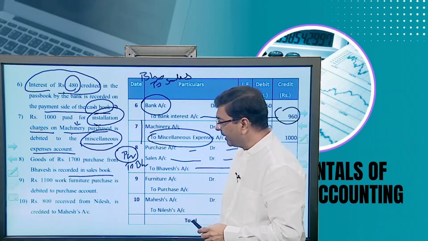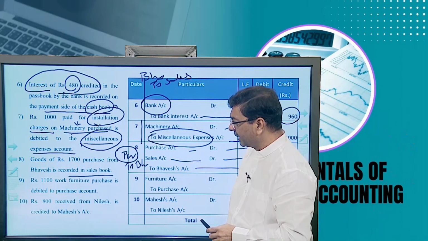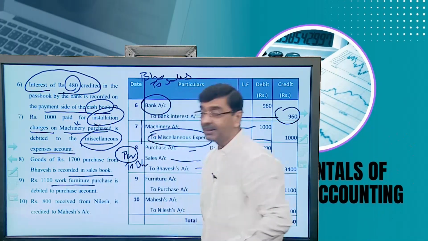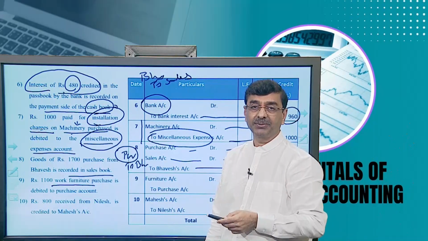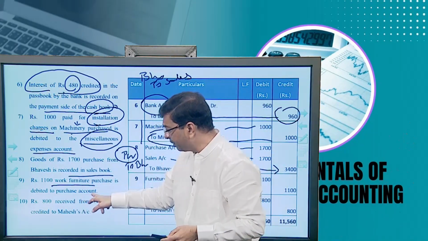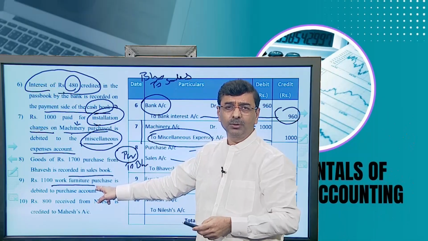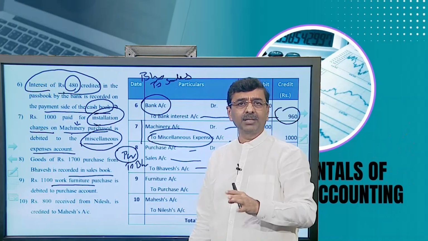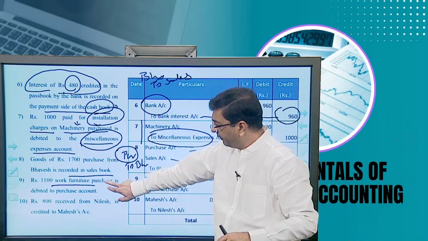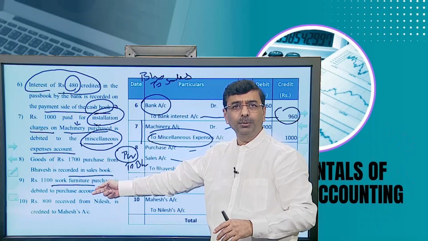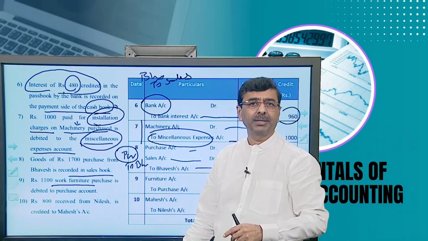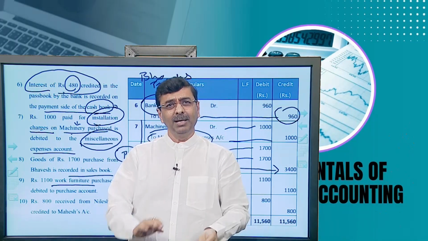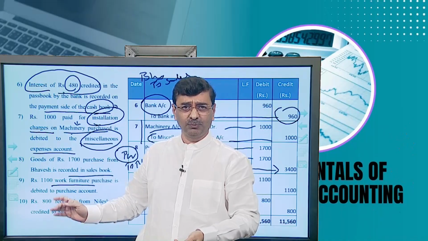Next is rupees 1100 for furniture purchase debited to purchase account. Furniture is considered an asset, it's not purchase, but it's recorded in the purchase account, so that is wrong. Cash goes out, it's fine, because it's a cash transaction and rightly recorded. We only have to rectify this. Purchase was wrongly debited, so it has to be credited, and furniture is right, so